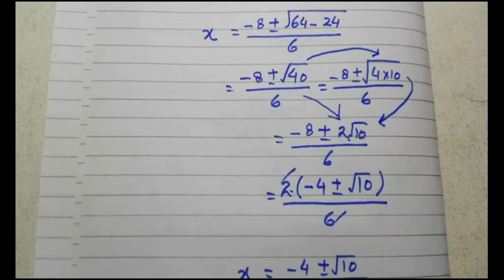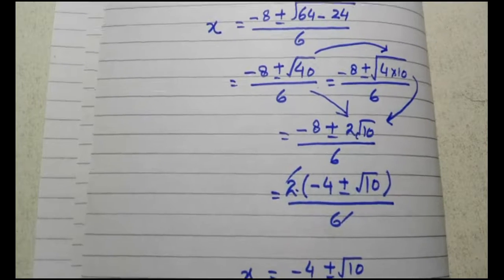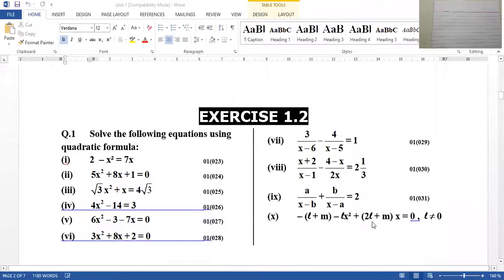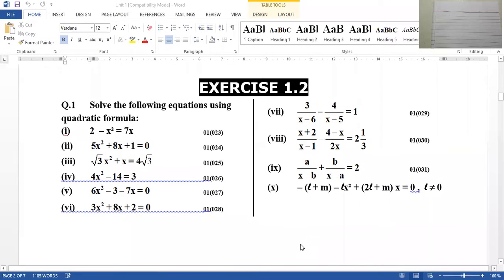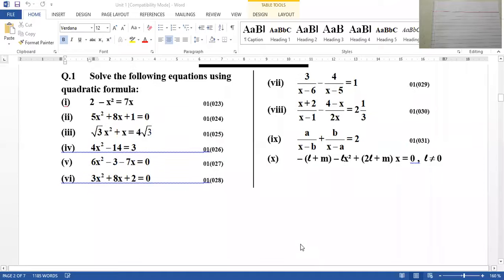Yes, any other question? Okay, we are going to start the next question. That is part number 7 onwards. We have part number 7 and part number 8. So I think we should take up part number 8, part number 9, and then 10. I'm going to start question number 1, part number 8.